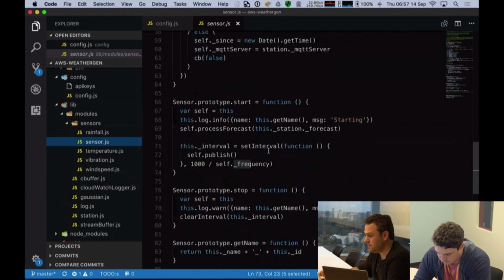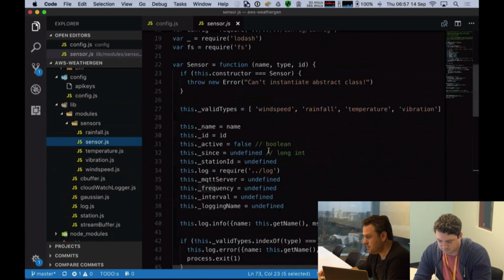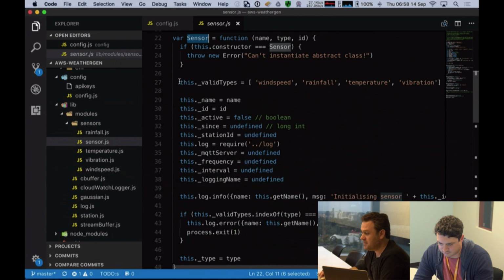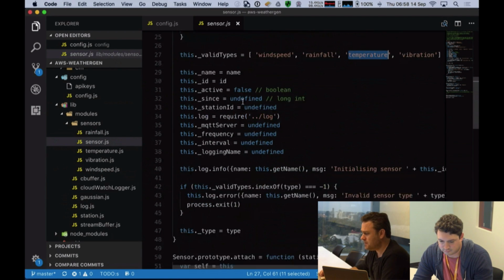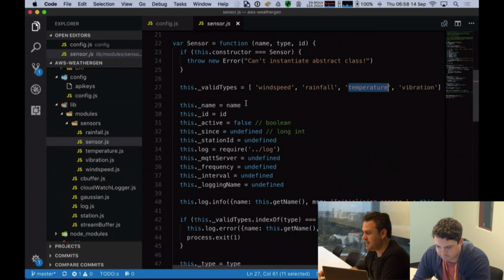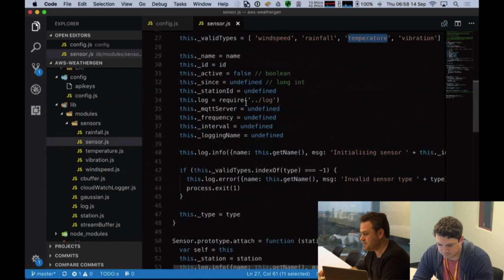So let me jump down to the, where am I? The definition, here we are. We define a sensor. This is, for all intents and purposes, a base function that are singletons within the application. We've got some valid types. So if you want to introduce a new type, don't forget to update this valid types array. We set some defaults. We check that we're of a valid type. So if you try and define a sensor, I don't know, not vibration, but seismology or seismological, that would not work because it's not a valid type.